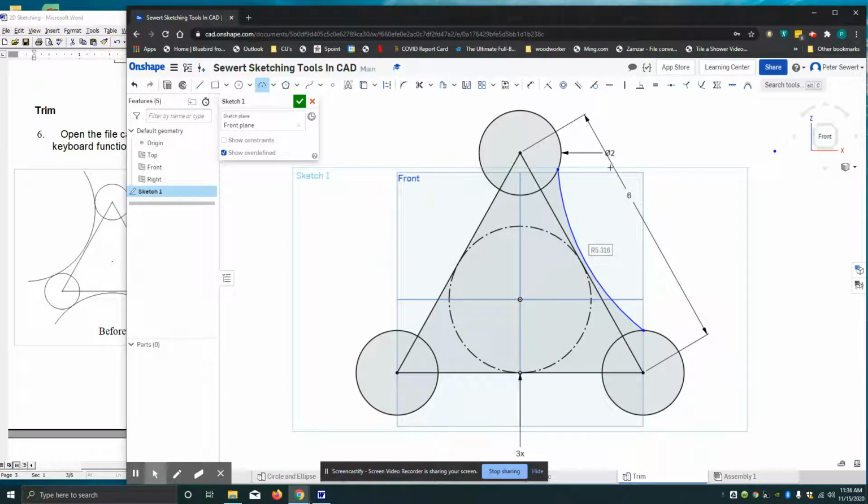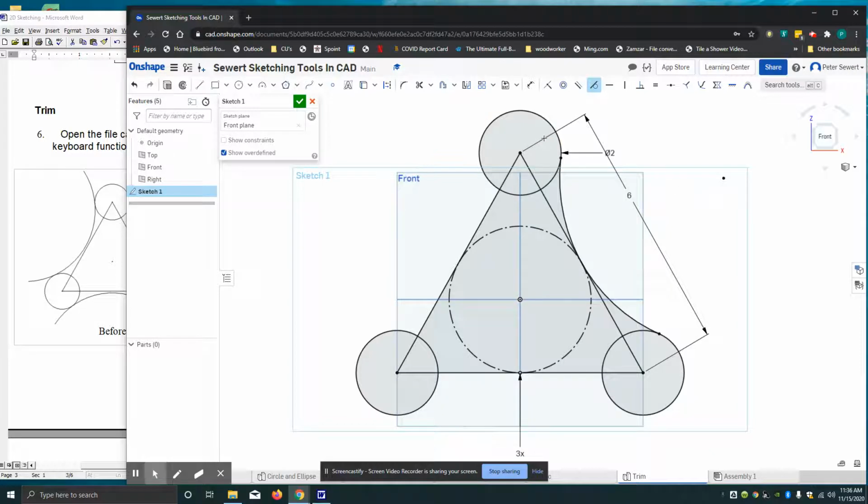And now I'm going to use another one of my constraints up here, and this is the tangency one. I'm going to click on that, and I'm going to click on that arc that I just created and that circle, and I'm making that larger arc tangent to those 2 circles, and then I'm going to click on the arc and my side line, and I've got it